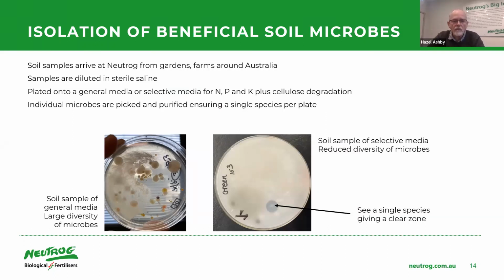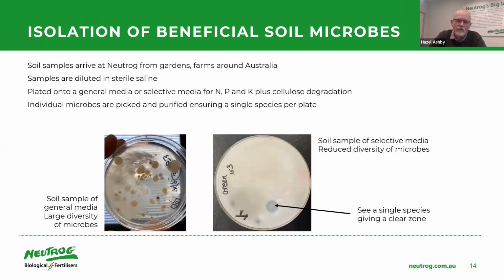On one side, you see the sort of diversity that we get. So you can see on that plate, there is some fungi, so that fluffy white material. You see a lot of individual microbes, different sizes. So we isolate all the different ones. So, you know, we look for different shapes, different colors, different sizes, different growing habits, different smells. So they all get isolated individually. But occasionally you also actually see something which is quite distinct.